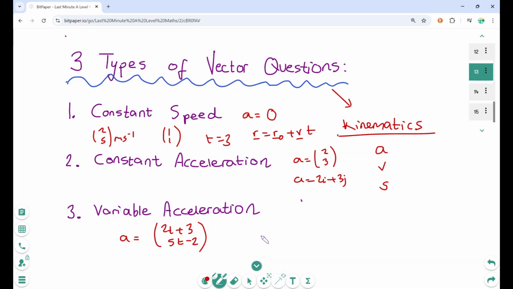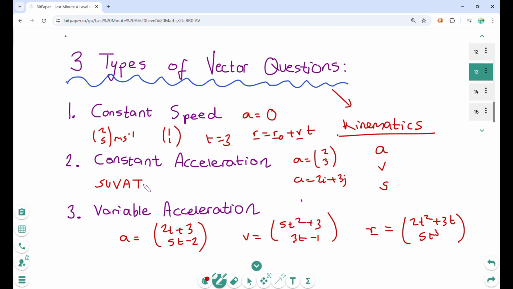Instead of giving you a, they might give you v in terms of t. Or they might even give you the displacement. And remember, they'd like to use r if it's a vector instead of s, just to confuse you with that a little bit more. 5t cubed, let's say. So constant acceleration, if they just give it to you as a number, then you just use suvat,